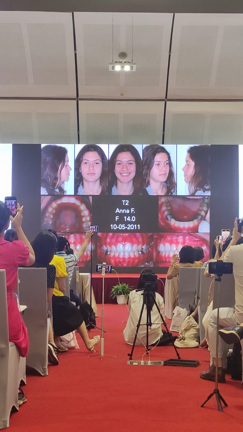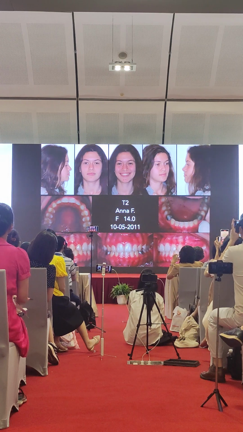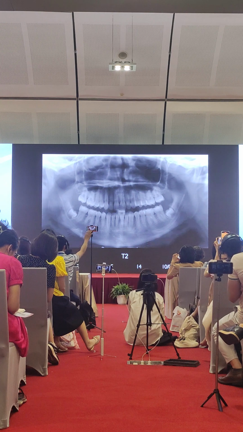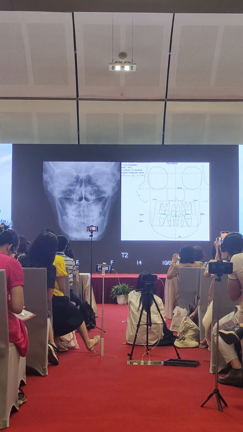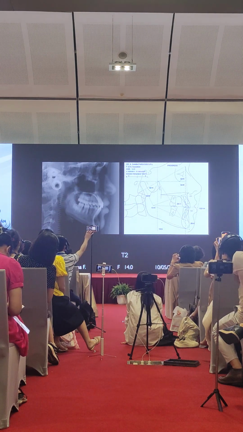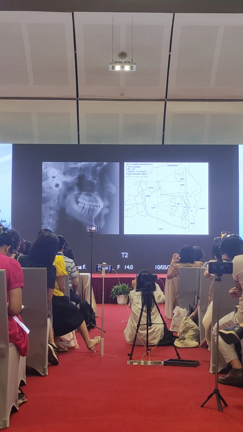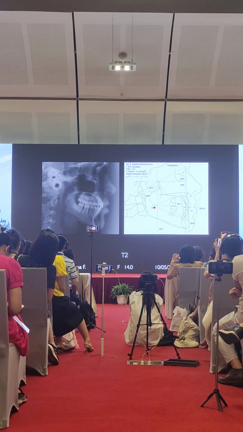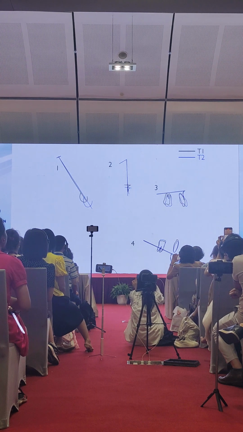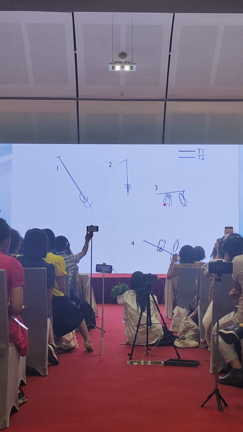And then we align with a straight wire, and this is when we finish. Look at the beautiful arches that we used. Look at the roots, symmetrical patient. She was symmetrical. Look at the beautiful profile. The occlusal plane is perfect, near the side point. As I said, look here, the molars came forward.